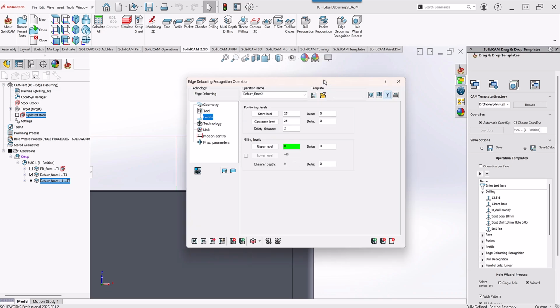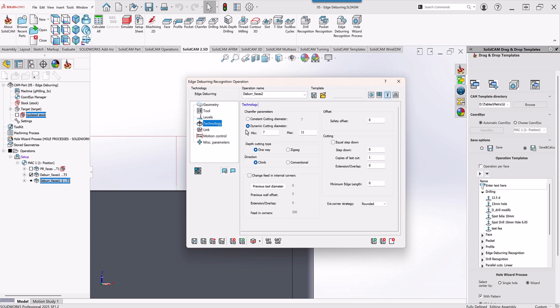Let's go back now into my technology page. I can use either my dynamic cutting diameter or constant cutting diameter. I'm just going to leave it now at my dynamic cutting diameter. Do save and calculate. Run my simulation